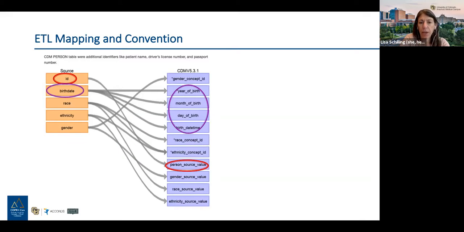And if we have the date time, then that may be also another field. And there may be some redundancy in those fields, but this is what you would want to know so that you could begin to do this mapping. And then something like sex, which is not here but was on the prior slide, we would need to be able to begin to translate that 1 and 2 into a concept that was going to be known across our network and following the conventions that we've established.